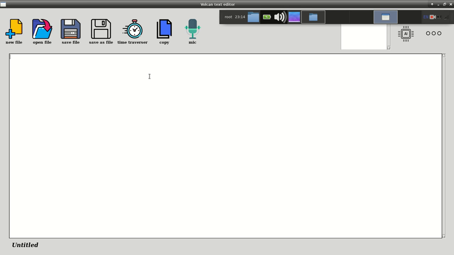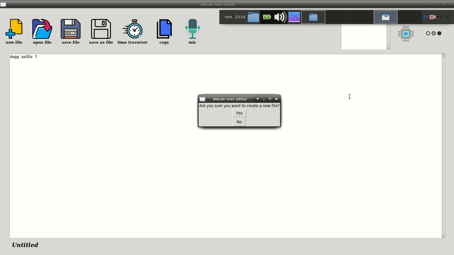You can see that if I am typing something without pressing, and one more thing, if I press Control N, yeah, I am pressing Control N. No, actually it should be Control Shift N. I am pressing, but nothing is happening. But if I enable AI mode, which means we are working with artificial intelligence mode, then in that case it should open a file for me. You can see from here, I haven't pressed any button over here, it opened a dialog box for me.